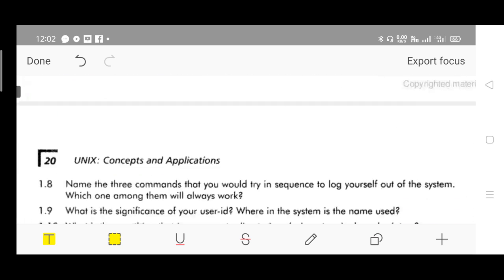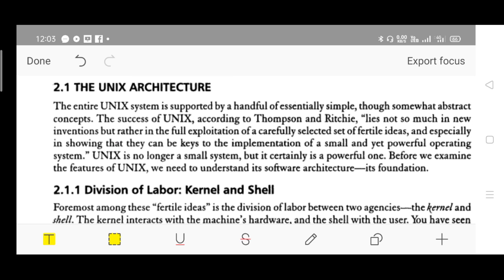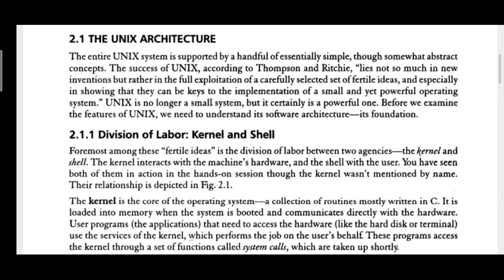So next, from chapter 2, we need to study the Unix architecture. The entire Unix system is supported by a handful of essentially simple, though somewhat abstract concepts.